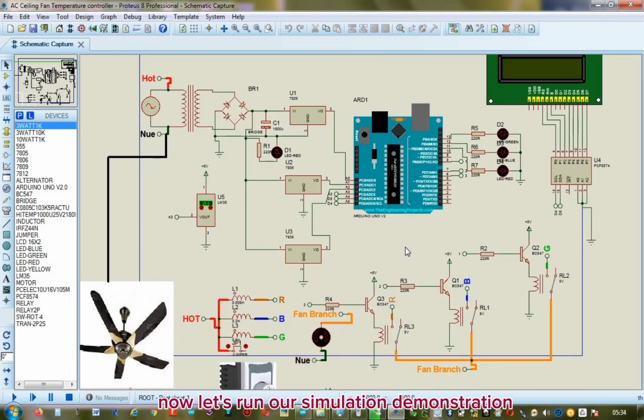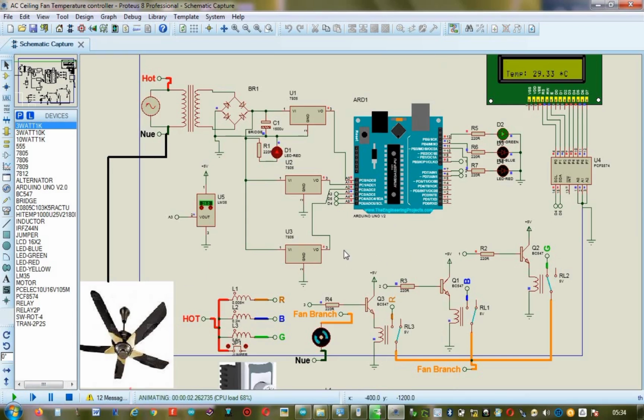Now, let's run our simulation demonstration. At level 1, the relay is energized. Starting from the off position below the temperature threshold, none of the relays are energized. You can see this from both the indicators and the screen, which shows the fan is off. As the temperature increases above the threshold,